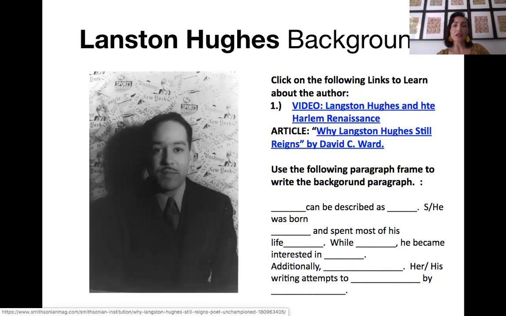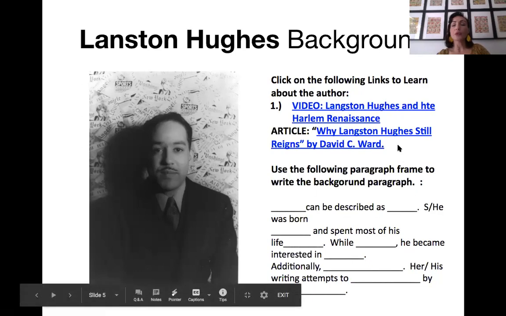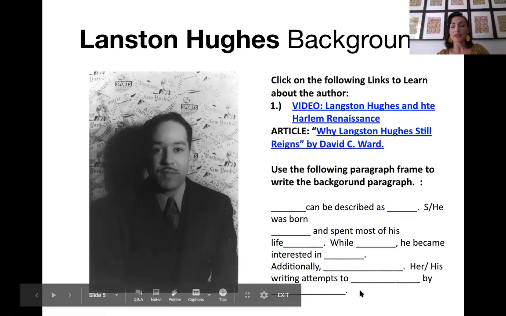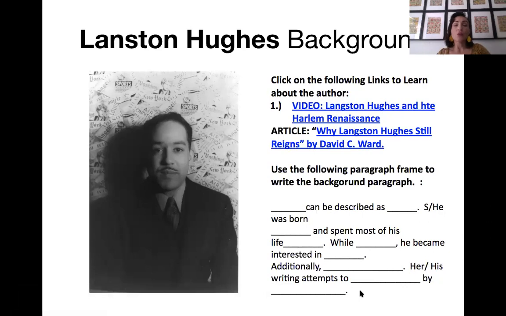As you read, you are going to be finding information that's going to help you create a background paragraph. You are going to create that background paragraph right within the slide. One of the reasons we're doing this is because we're practicing what our slides will be when we eventually choose our own writer. That's why we're doing this. After you do that,